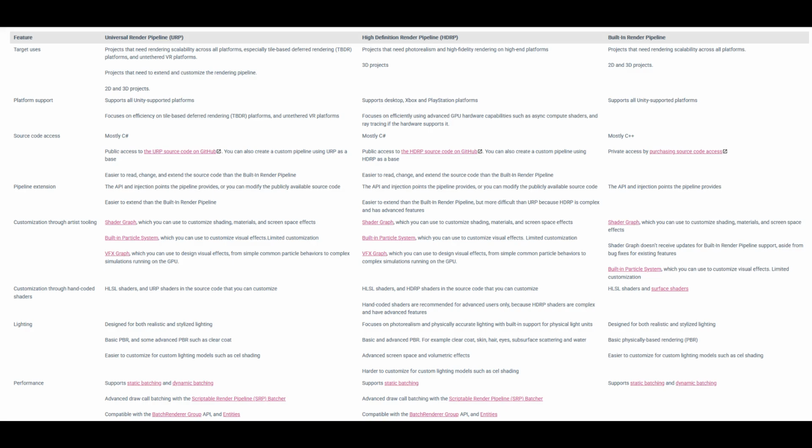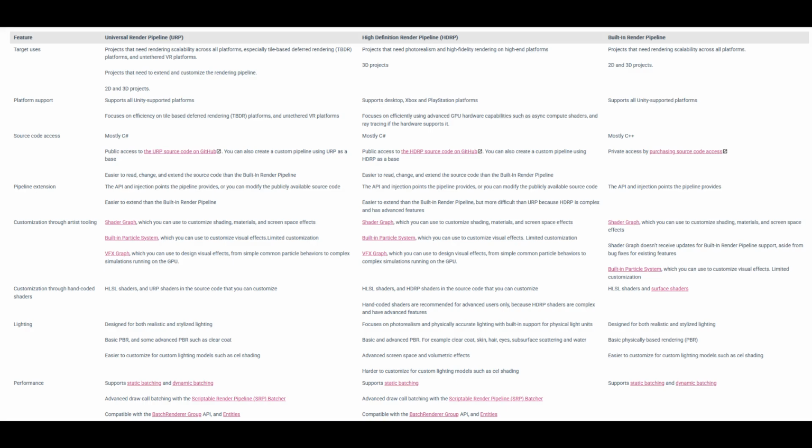The previous default one was built-in or standard, which is almost like a legacy pipeline. It was there for a really long time, battle tested, probably still the most stable one, works on everything and can be used for compatibility with older projects. But the main issue is that it is being replaced with the Universal Render Pipeline, less support with time, sometimes even assets from the store don't support it. And there is the High Definition Render Pipeline, which allows you to get the best graphics, limited to only desktop, Xbox, PlayStation. Also the most demanding and probably hardest to work with.